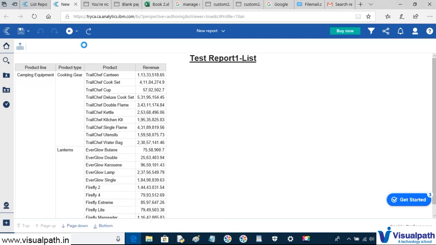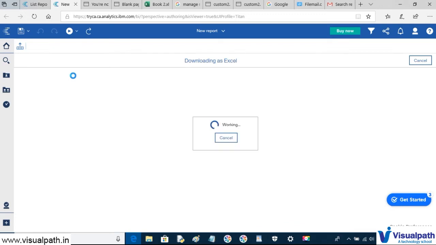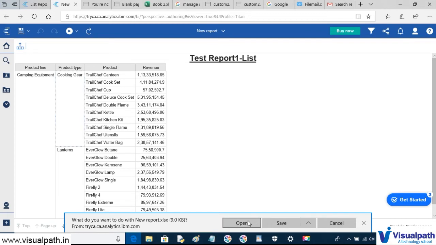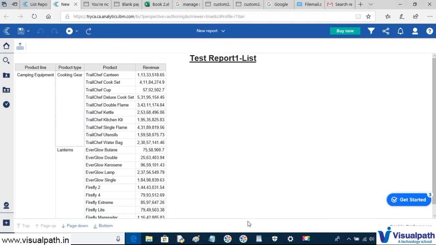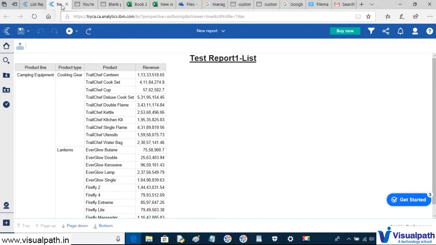Okay, so here we have applied the group by based on camping equipment. Let's try to analyze it and understand this in a more detailed manner. Let's click on run Excel so that we can have the required output. Okay, so open. Let's click on this open. Okay, so this is our report in HTML, and I have downloaded this report in Excel and I have opened